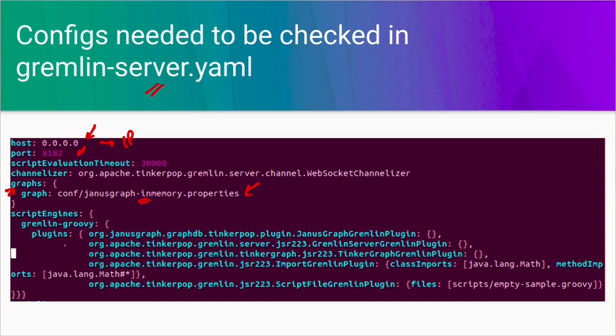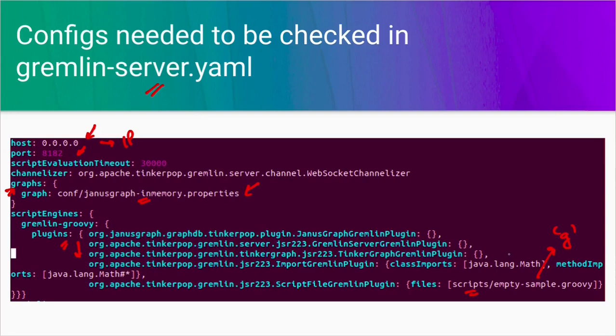The next property to see here is the plugins. We can define as many plugins as we need for our configuration. The main required plugin is this script file. This script file is run or executed every time we try to connect to a Gremlin server using a Gremlin console. And this will create a traversal object for us to traverse the graph remotely. This should give you a clear understanding and more context of how these things are working.